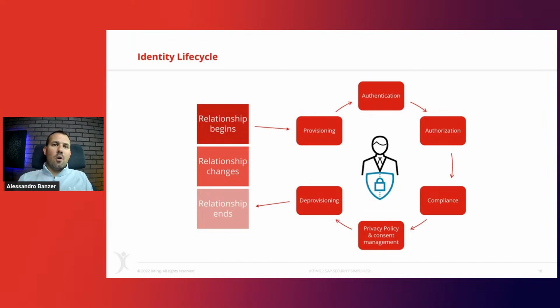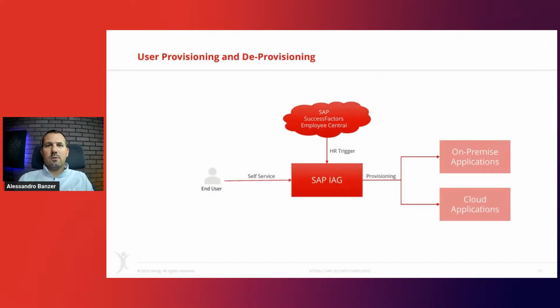And then also along that life cycle, we always have to be able to ensure compliance. We have to be able to make sure that we can provide documents showing who approved and what happened. All that obviously also needs to be in place, and that's what IAG does for us. So let's look into that.